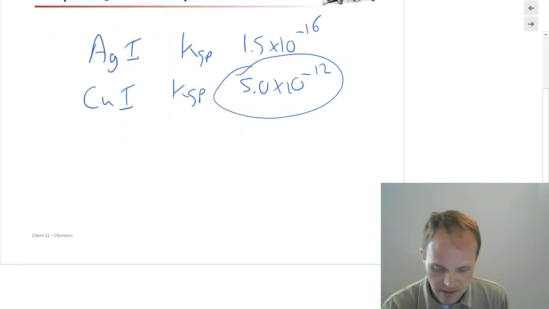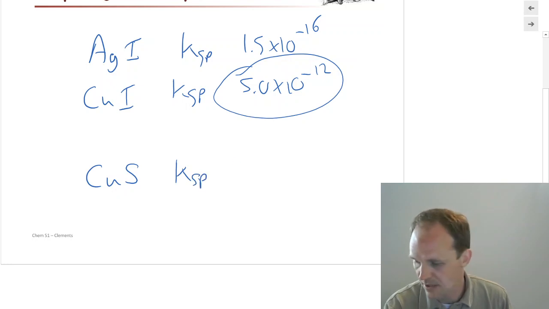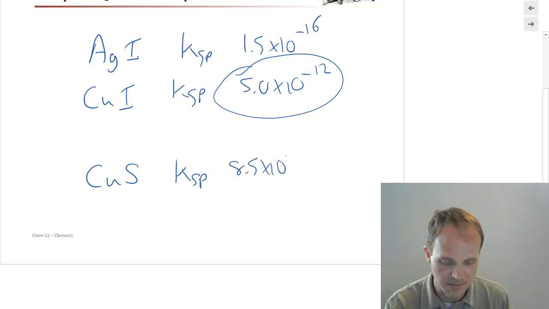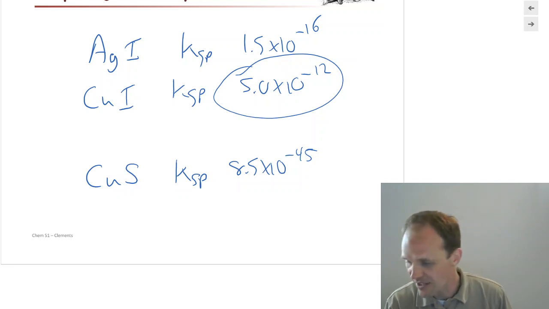Let's compare copper(II) sulfide, which has a Ksp of 8.5 times 10 to the minus 45. That's insanely low. It's just ridiculously low. That thing's not very soluble. Okay, and we're going to compare it to